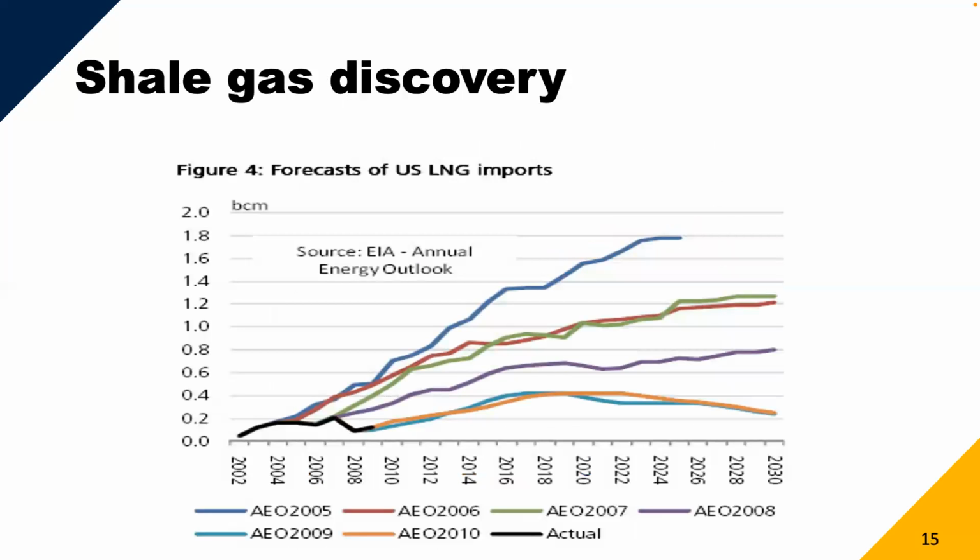Here's another one, forecasts of LNG imports. So I'm picking this period where the US was more reliant on imports of natural gas, right, before the big fracking and shale gas exploration happened in the US. And so what ended up happening, here's the black line is the actual, and every year they would have these projections going out, and they would decrease every year as they adjust to the new reality of